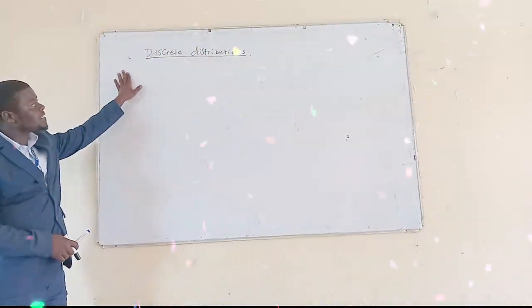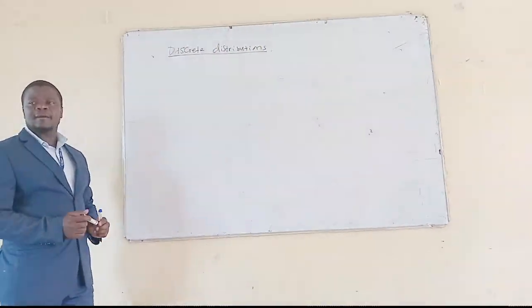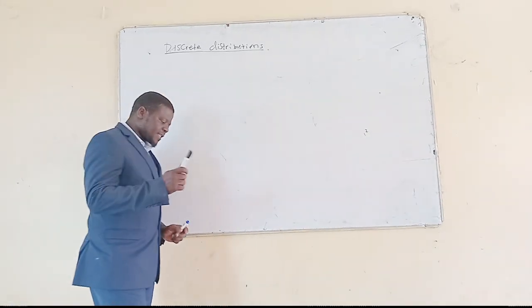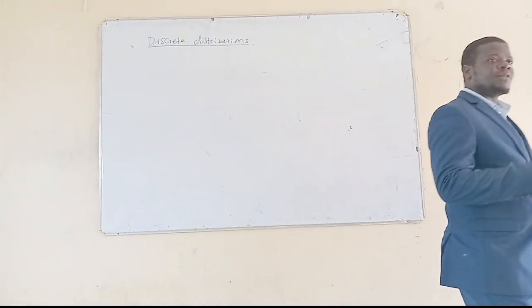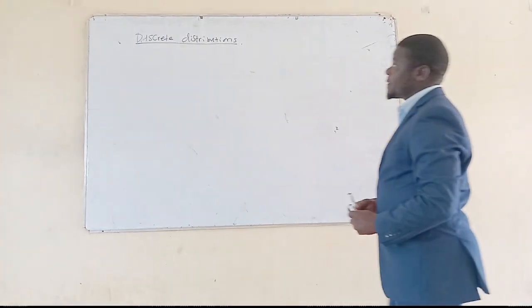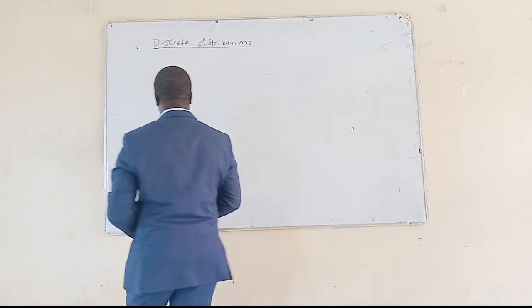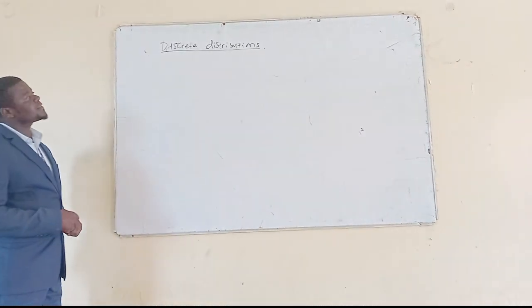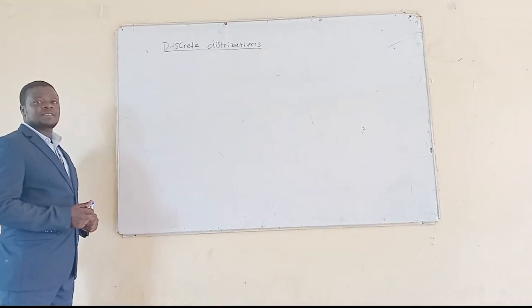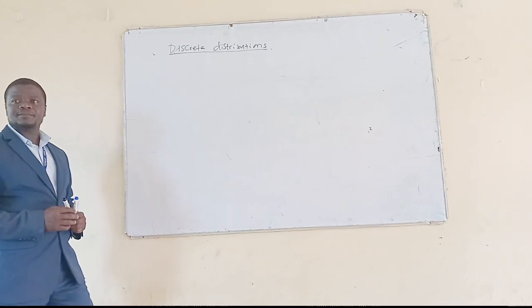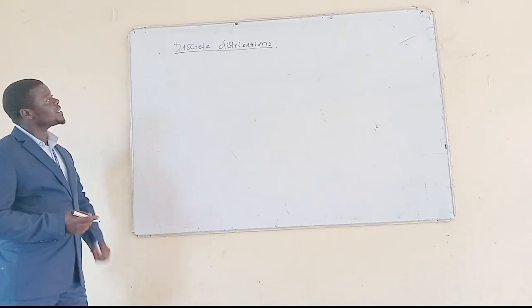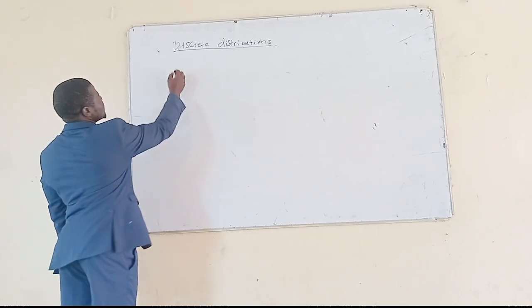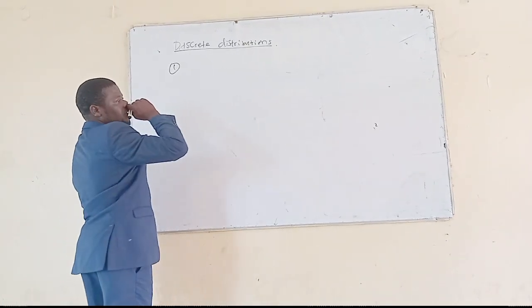We have a discrete random variable, and in a discrete random variable, the function maps the element of the sample space onto a point in the real number. While in a continuous random variable, the function maps the elements of the sample space onto a range of points on the real number line. Now, when you have discrete distributions, like for example, the first distribution we talk about is